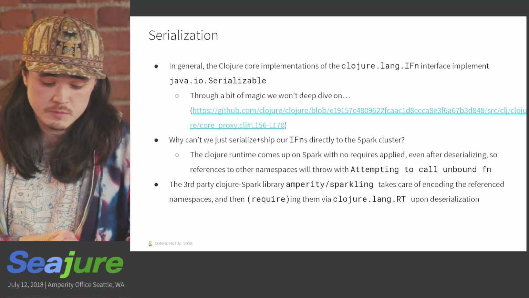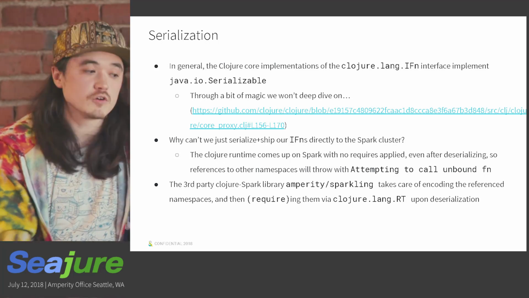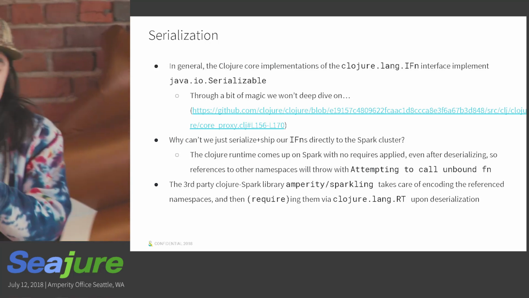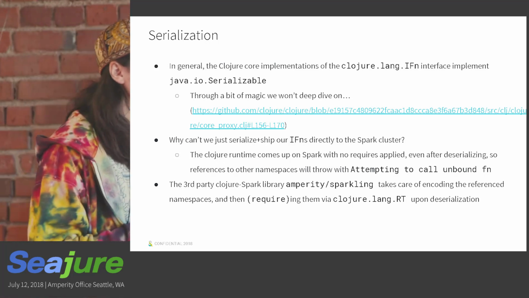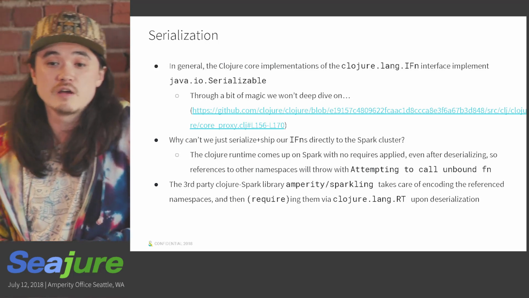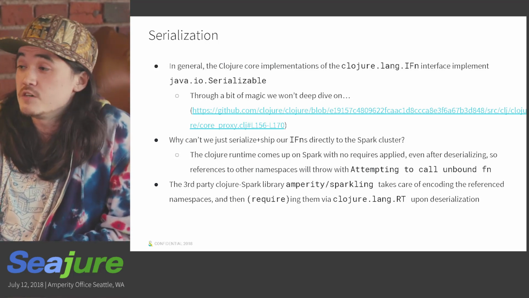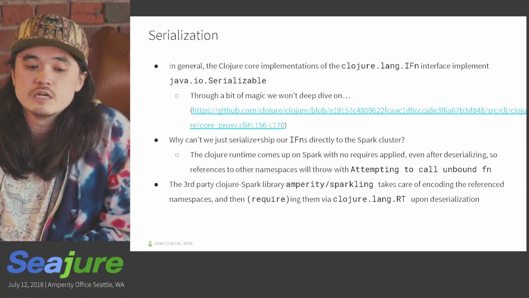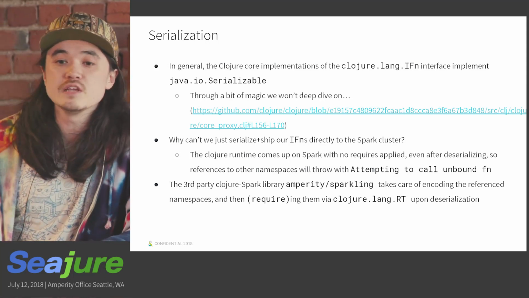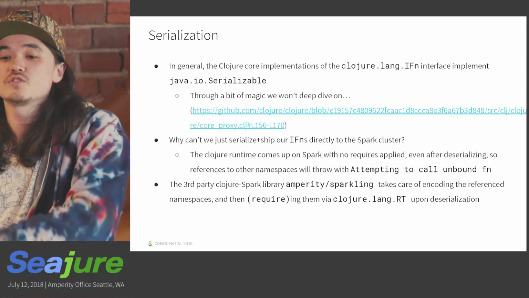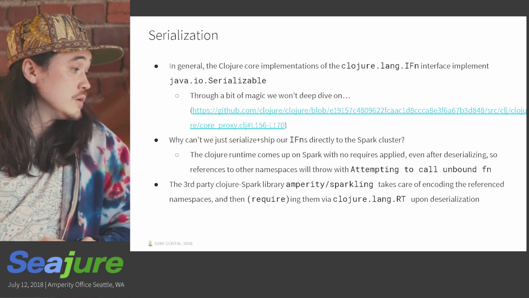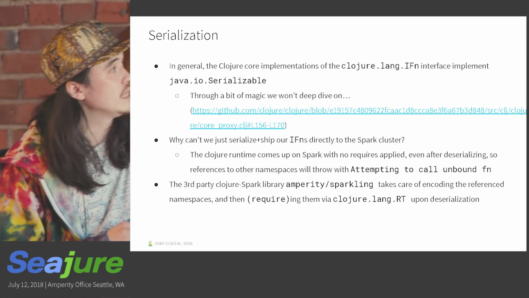So to get to the point where you can have 1,000 nodes or however many executing your Clojure code, you need to figure out how to transmit that Clojure code onto your Spark cluster. It's important to recognize that Spark does have features built in, and they're first-class features supporting Java and Scala. Spark itself is written in Scala. For distributing that code in an efficient way, in a way that doesn't get in your face, and you don't have to worry about it quite so much, we're choosing to use this niche language, so we bring a couple of extra problems onto our plate by doing so. But most of them are pretty solvable and interesting in their own right.